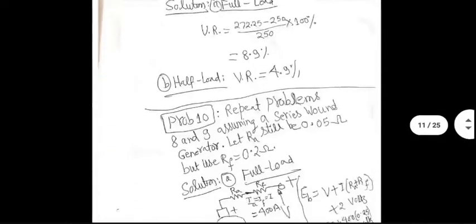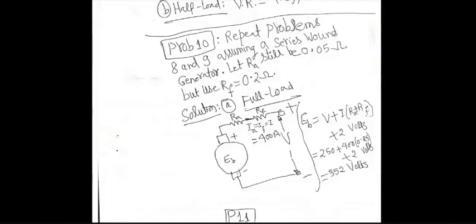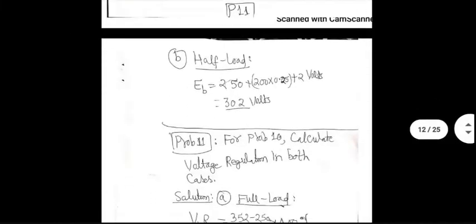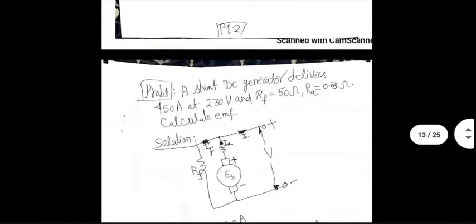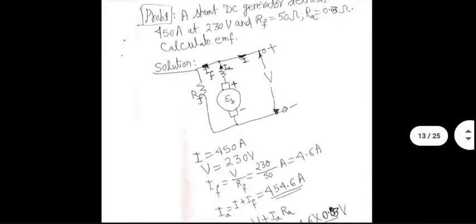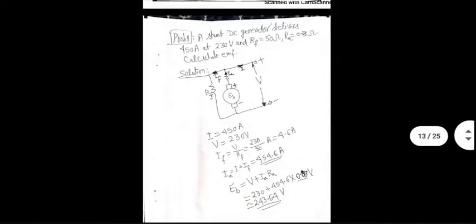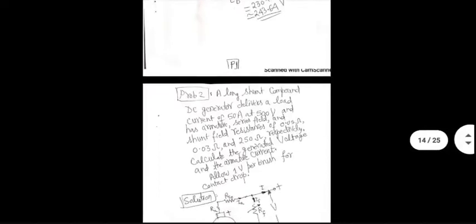Okay. So the rest of the problems I think in this document are not that difficult. They're more and more practice of what you know. This one is also not that difficult. It's a shunt machine and simple calculation again, I think. Okay. So hopefully you should be able to understand these solutions by yourself. Yeah, same thing here. Nothing new.